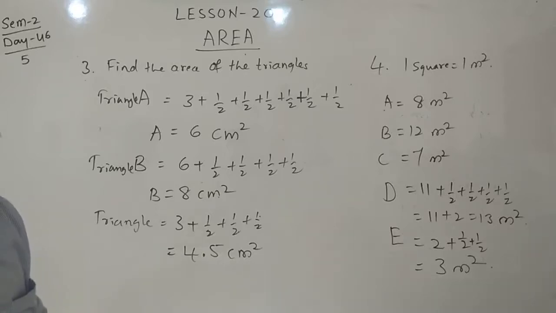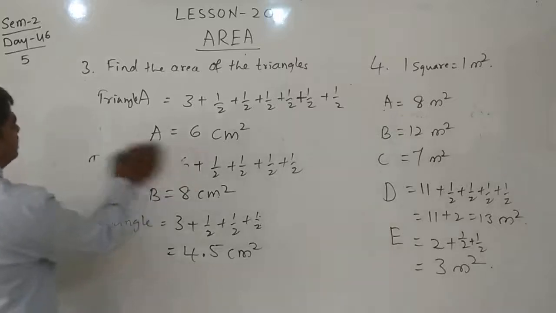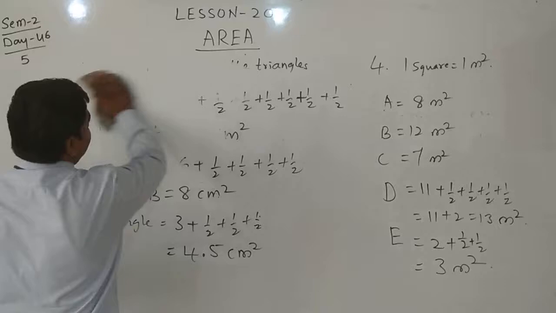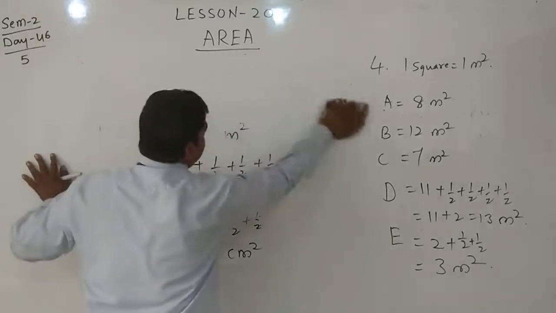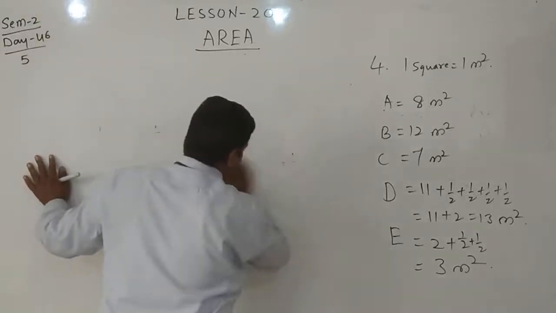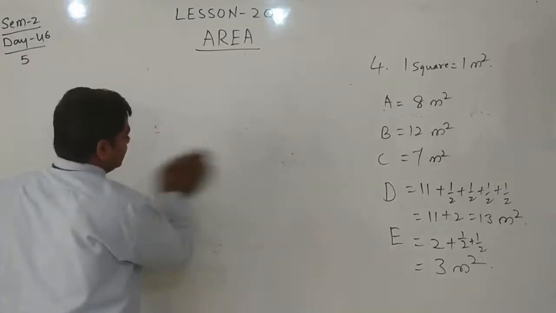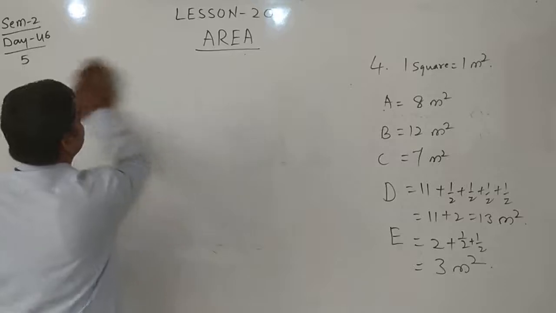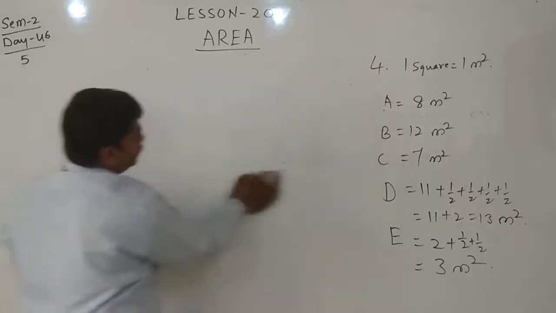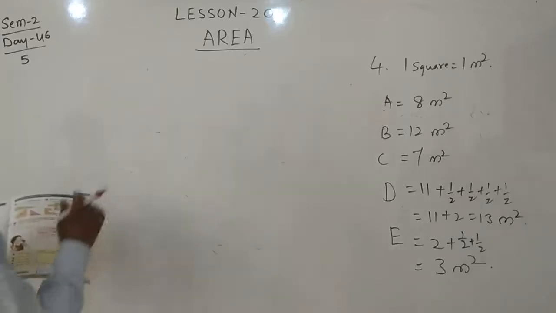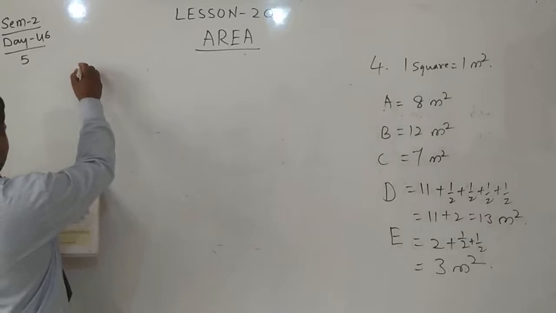Yes, question. Simple one. Mindy has a lovely house, and the area of the site is given, the length of the site and length of each room in the house. How many rooms are there? Then what are its areas? Everything is given. We can calculate very easily. 1 square is equal to 1 meter square. One block means 1 square.